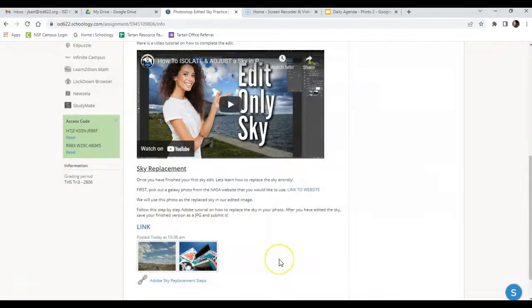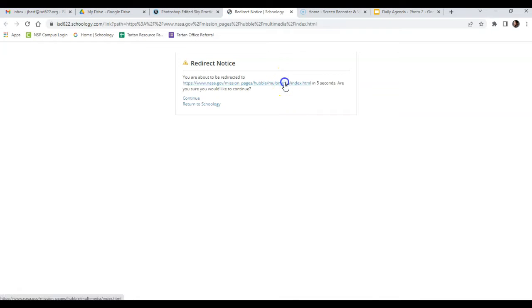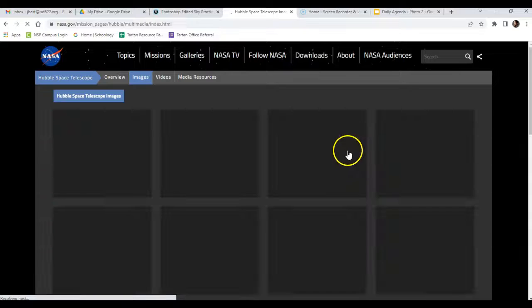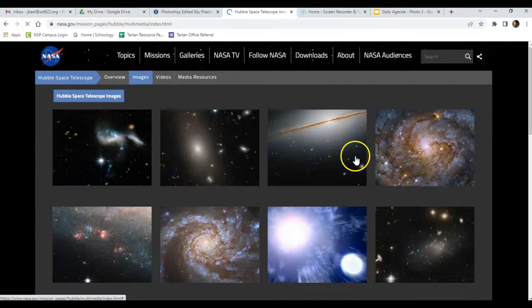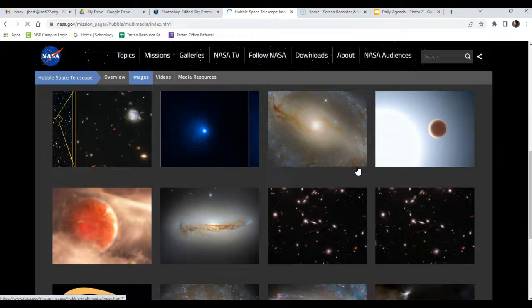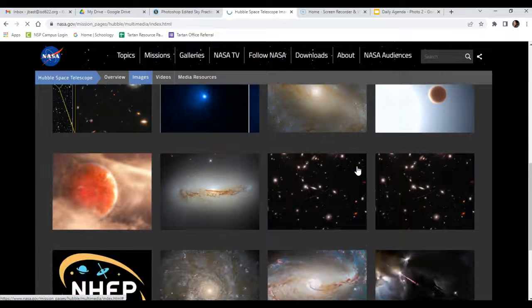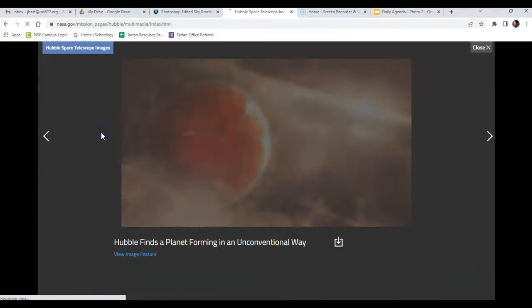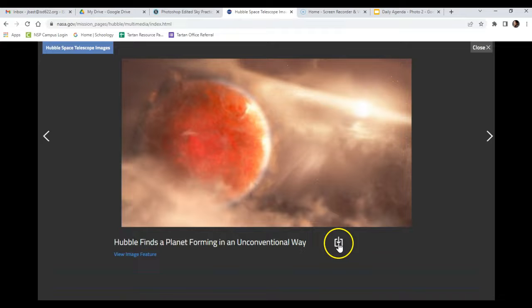Just so we can really go all out on this thing, we're actually going to be first downloading a free-to-use photo from the NASA website that will replace the sky with something really crazy, like a photo from the Hubble telescope. So here's just a ton of different pictures from the Hubble telescope, and you can decide which one you want to use. So you can click on the photo there, and then you download it by clicking on this